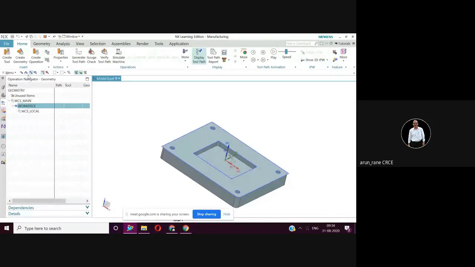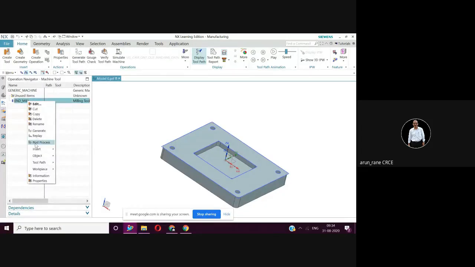So let us see whether the tool has been defined or not. You go to machine tool view. So, end mill. Now I can rename it, so I'll type here.